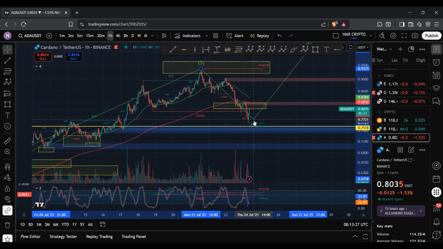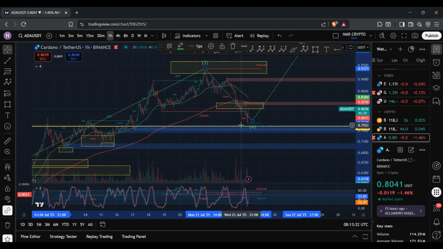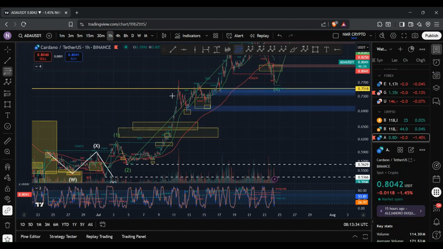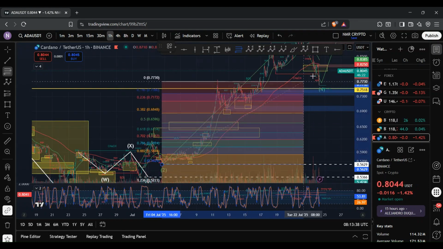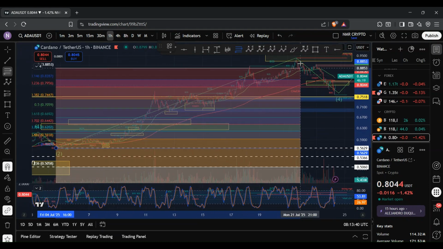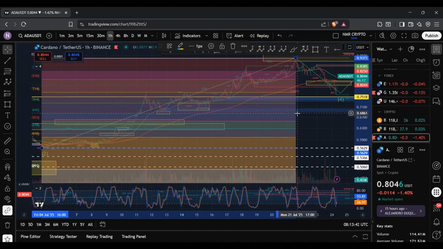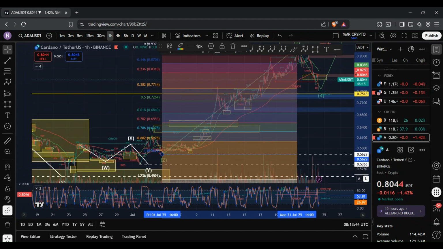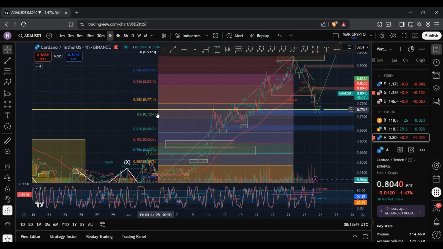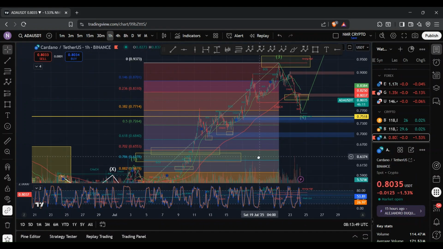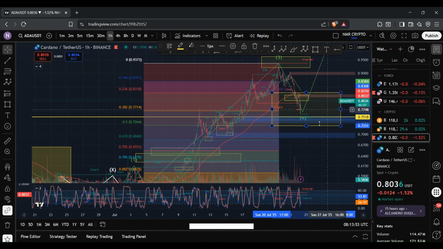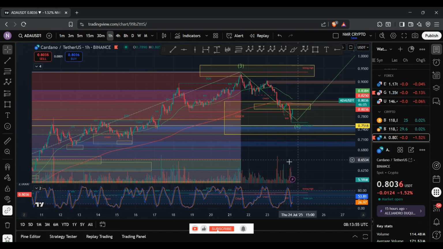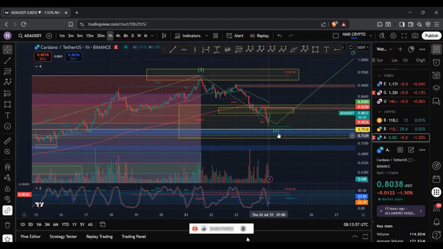And this fourth wave typically retraces anywhere between 23.6% to 50% of the wave 3. So if I bring in the Fib tool and bring this to the local top, here you can see that ADA has the potential to reach anywhere between 72.64 cents to 83.1 cents. So if I draw that in, you can see that we've tapped into that region. And so it will be interesting to see how the bulls respond.